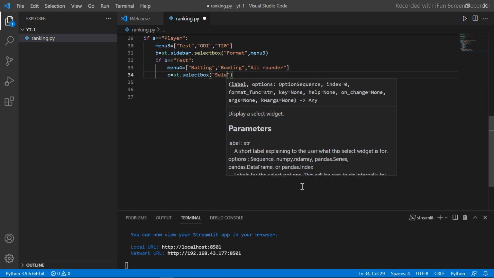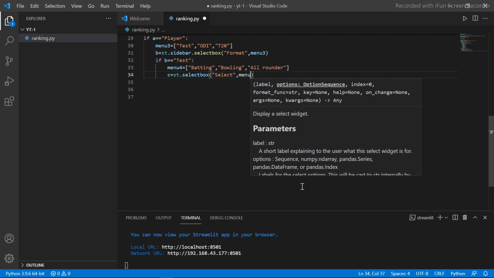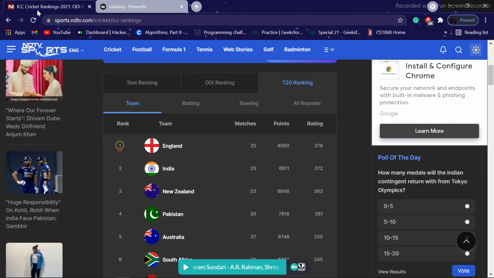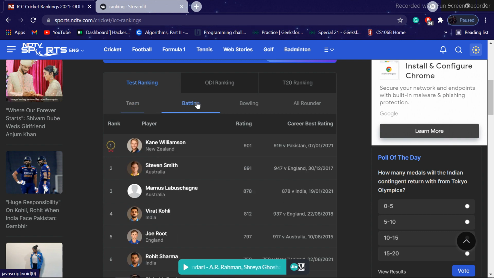Select menu 4. Nice. And similarly, I will do it for ODI and T20 too. Like, okay, now if C is batting, the condition is we want to see the ranking of test batsmen. So from here we can see it will be in the first element.